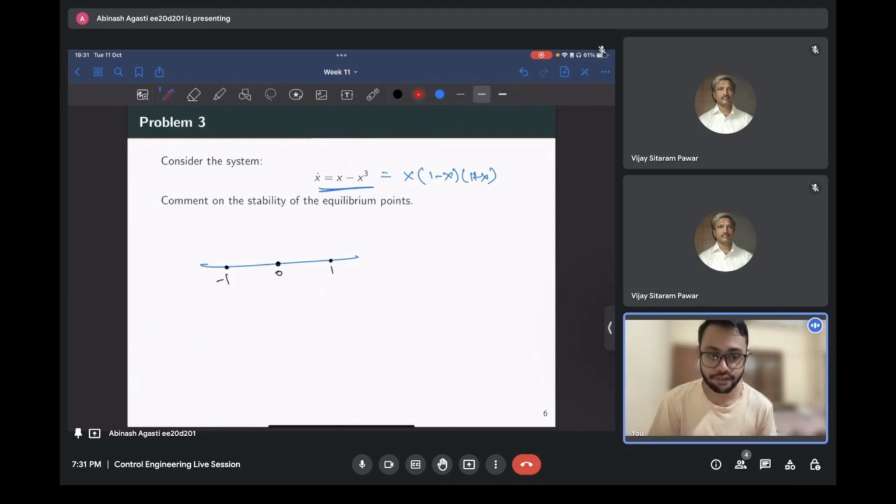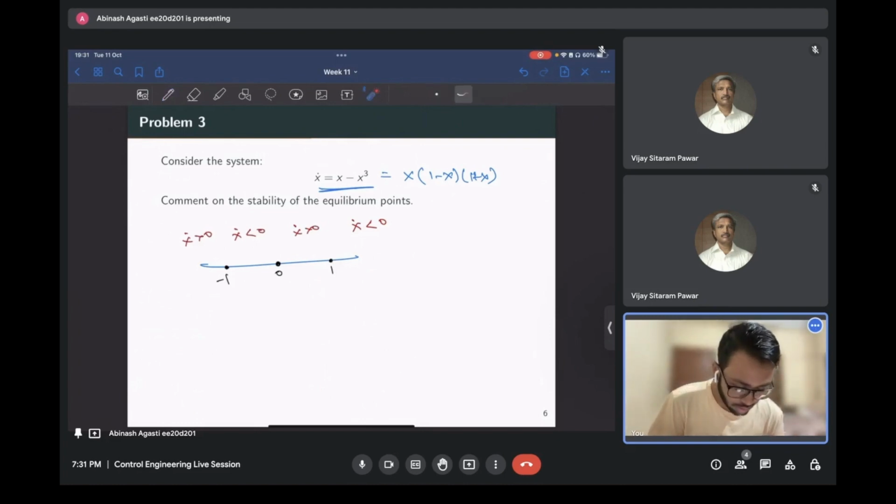In these different sections of the real line, separated by the points minus 1, 0, 1, we can find the signs of x dot. X dot is greater than 0 here? No, it's less than 0 here. Just verify once: at 2 we have 2 times (1 minus 2), yes. So here it is greater than 0, here it is less than 0, and here it is greater than 0. So what that means, suppose I start at a point on the line here,